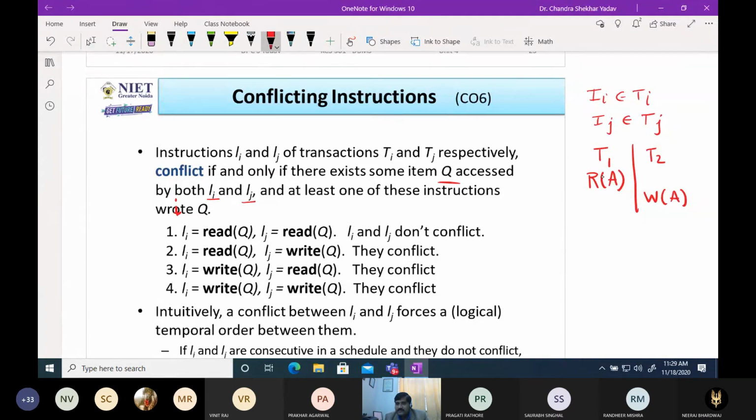So both belong to different transactions and access the same data item A, and one of them is a write operation. Let me know whether these are conflicting instructions or non-conflicting instructions.